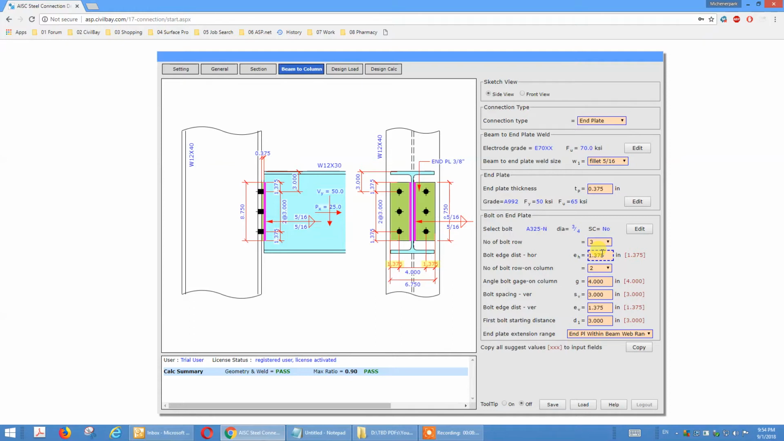Okay, you see the left side highlighted text, shaded yellow. That's edge distance. That's the number of columns, the bolt columns. That's gauge, that's bolt spacing, that's edge distance in the vertical direction, that's first bolt starting distance. All right. So this shear connection for end plate, we allow you to use